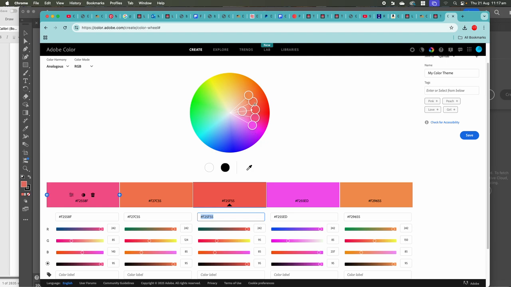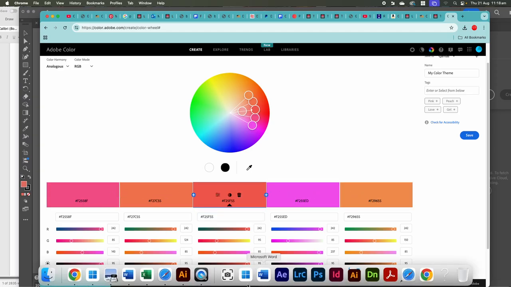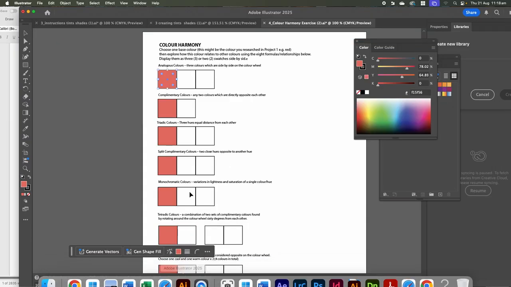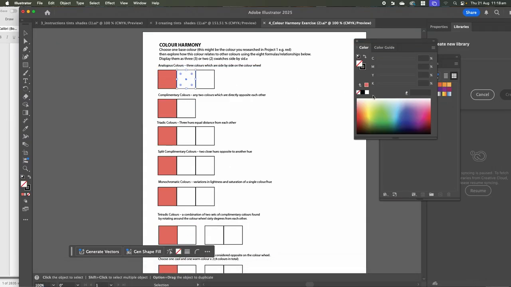So this gives me a whole set. You can see that little white tag there, little arrow there. That's that main colour which is sitting here. Okay, so I've got that, and then I just want to choose. I'm looking at these and I think, well, maybe this will go well, a kind of pinky version and this more orange version. So all I've got to do is copy that little code back into Illustrator, choose the next box, copy that code in, and there it's sitting in there. And it's going to work